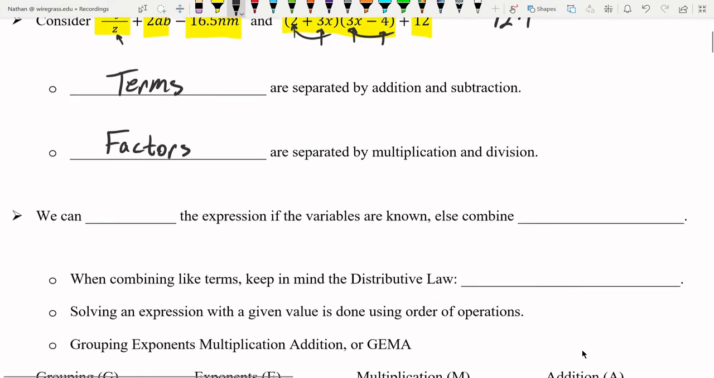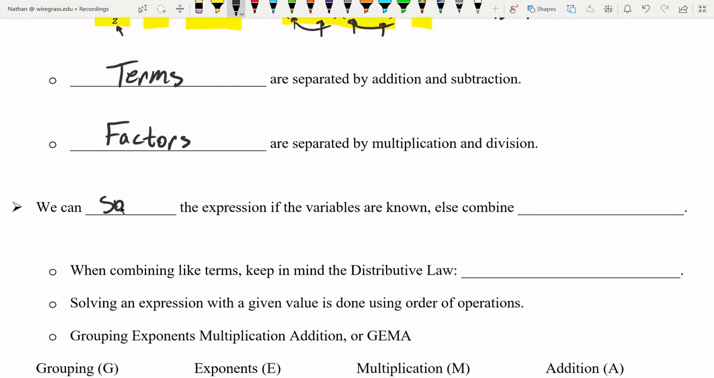With expressions, we can solve them if we know what the variables are. Otherwise, we combine like terms. And that's the only thing we can do with expressions when it's just a simple expression given. So solving an expression, we're going to use order of operations, but combining like terms,